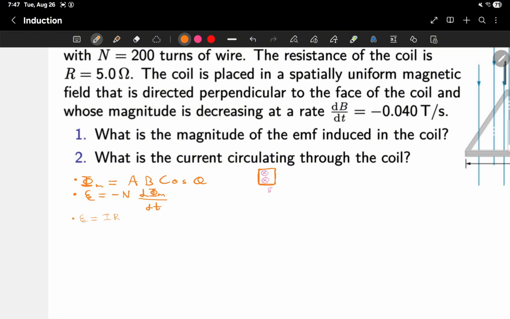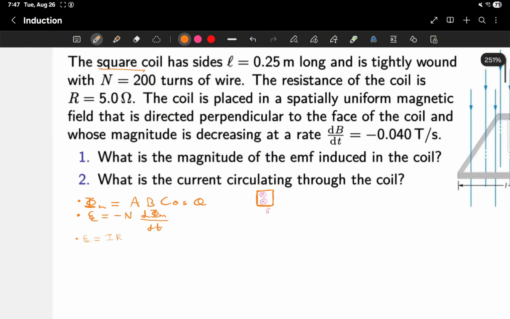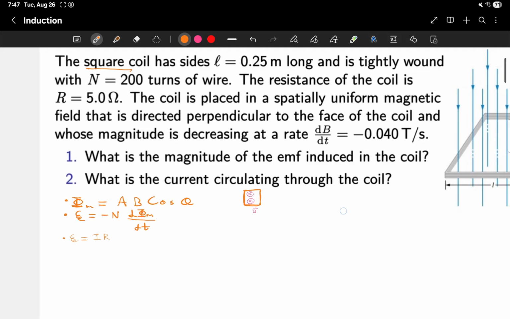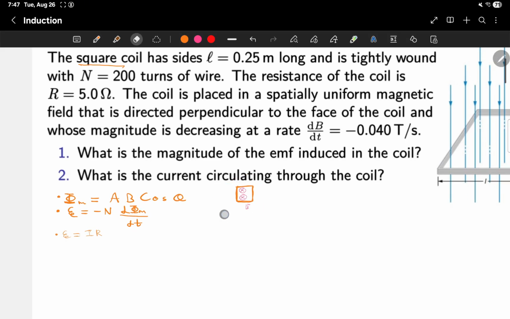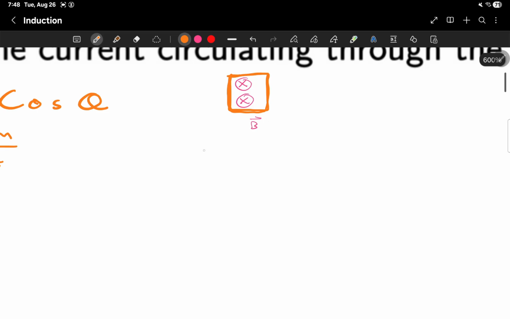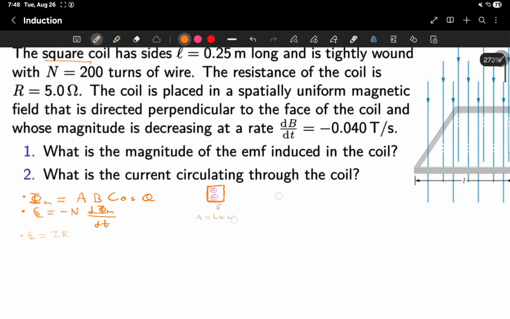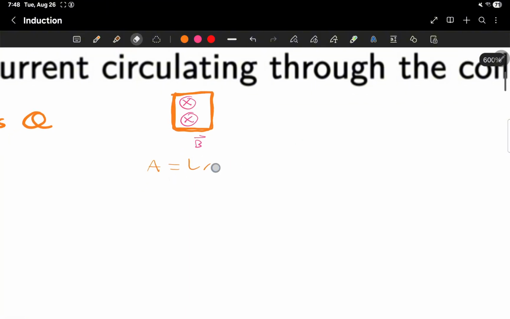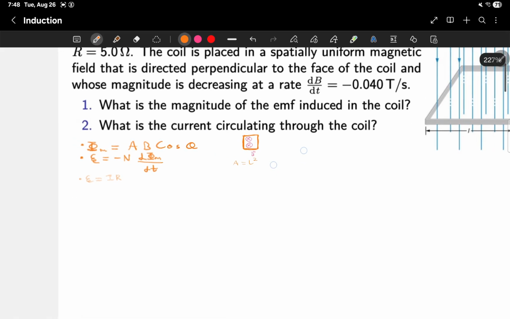So we start with solving for the magnetic flux. To get the area of the square coil, we already have the length, and we know that it's a square. The area of a square is always length times width, but we know that the width and the length are the same thing for a square, so it's really just length times length, which is length squared. Okay,